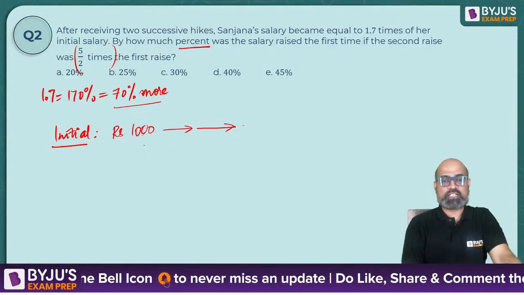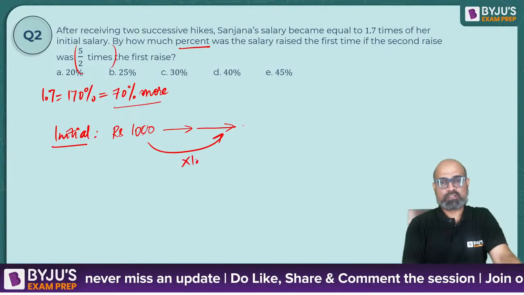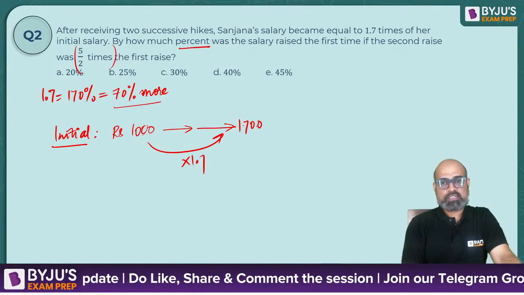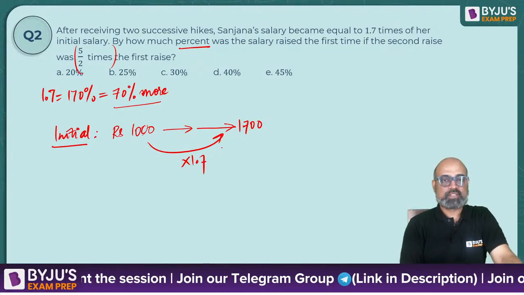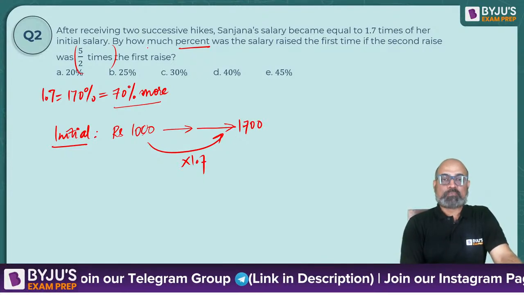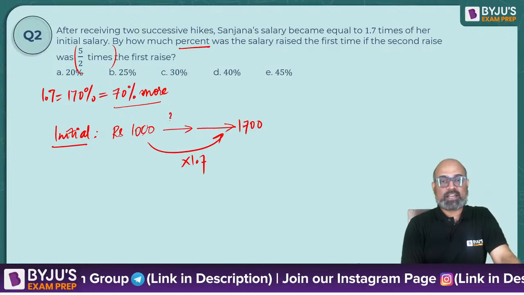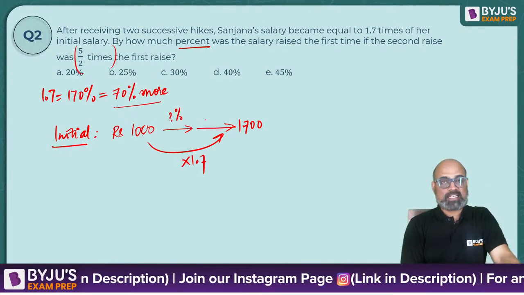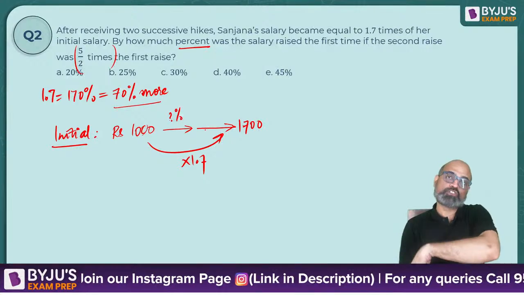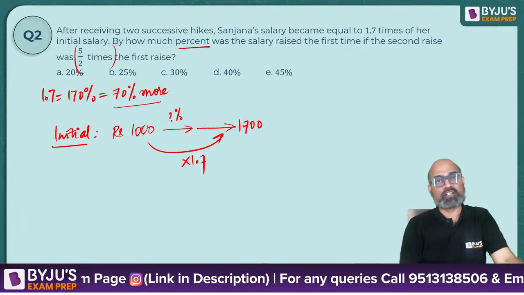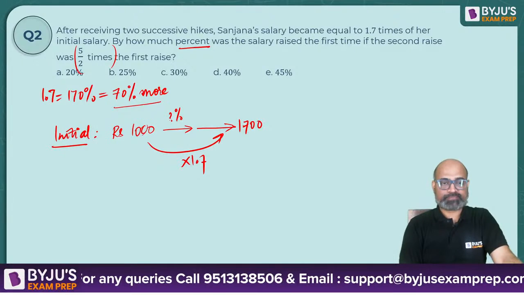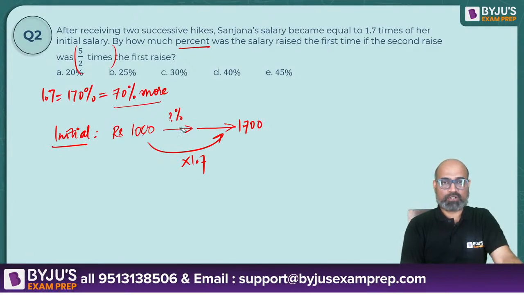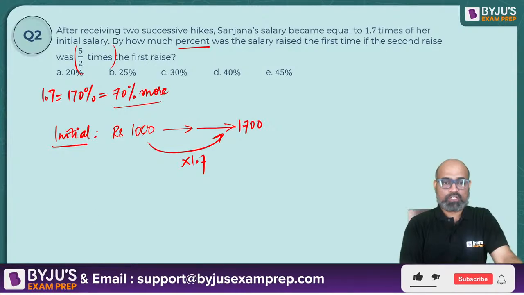Now what is 1.7 times of 1000? 1700. That's what it will be, right? By how much percent was the salary raised the first time, such that 5 by 2 times of the first raise will eventually result in 1700, right? Is that right? Okay. So